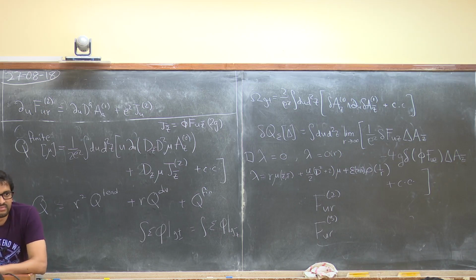By the way, I think I had already been asked this, but in the context of the subleading charge. Suppose I just construct the following charge: R squared Q leading plus R Q subleading plus Q finite. This is a formal construct. This is not what will come from your method, but it will generate some kind of class of divergent large gauge transformations.